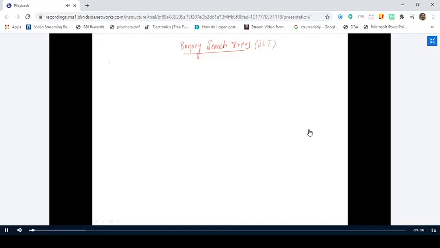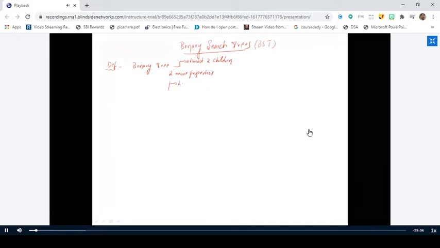While going to the definition of this binary search tree, it is also a binary tree. What do you mean by binary tree? It consists of at most only two children, sir. Not only. You should be very careful. At most two children, right? So in addition to this binary tree property, it also has to satisfy two more properties, regarding the left child and regarding the right child.